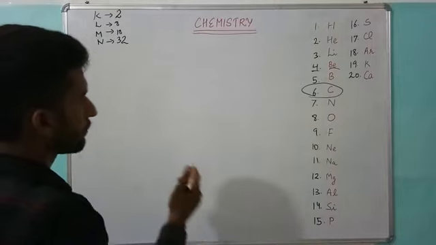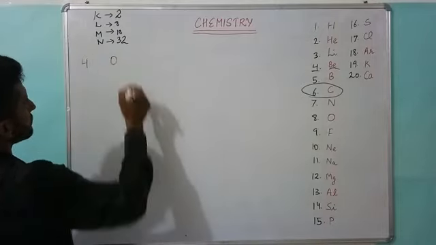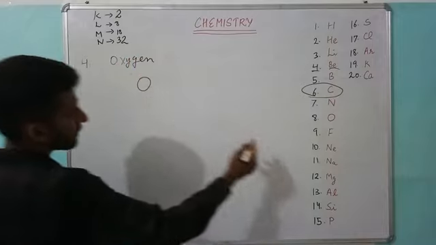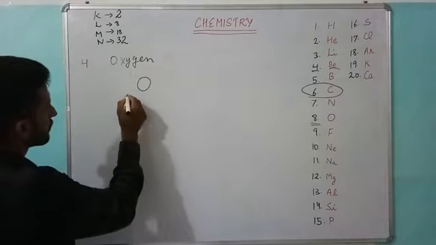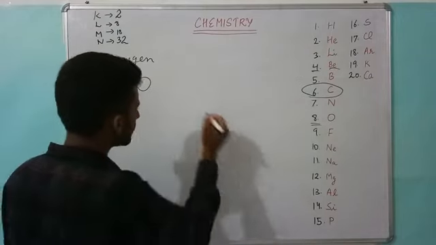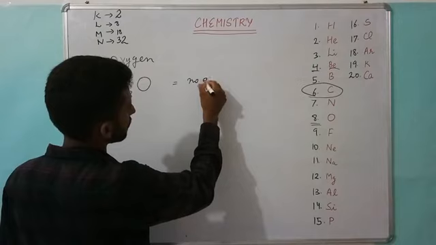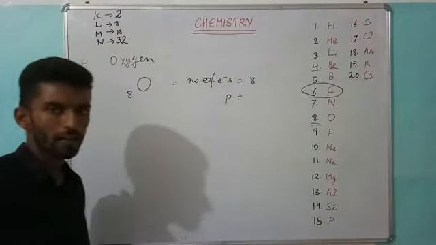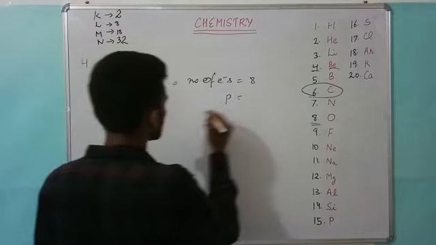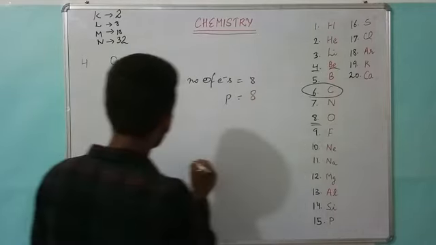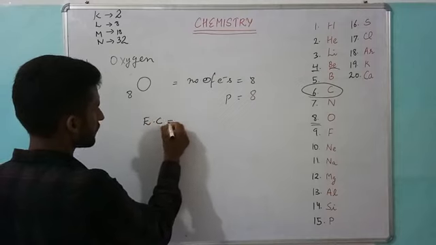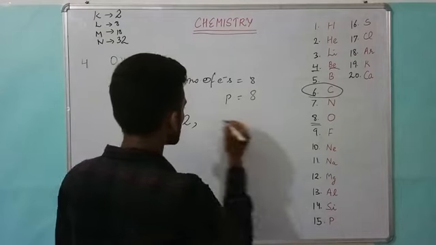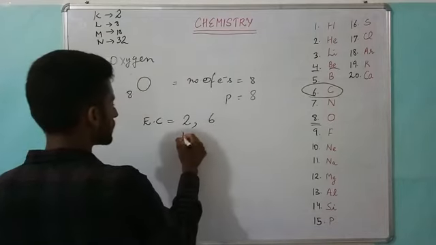Now next we will draw for oxygen. Now oxygen symbol is capital O, atomic number it is 8. So atomic number is equal to number of electrons, that is 8, and number of protons, as I said, number of electrons is equal to number of protons is equal to atomic number, that is 8 here. Now again electronic configuration, first shell will always have 2 electrons and the leftover part will go to the next shell. So next 6 are left, so K and L.